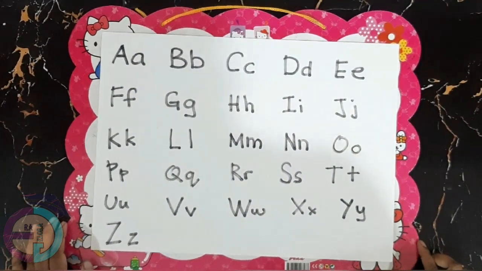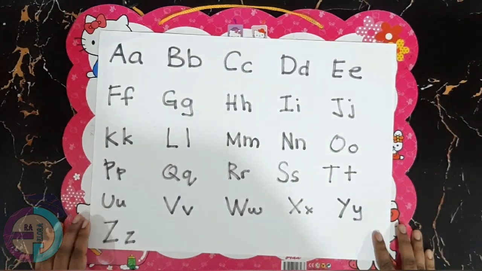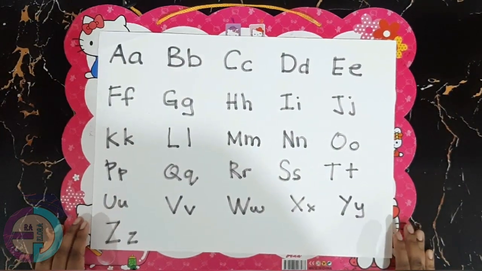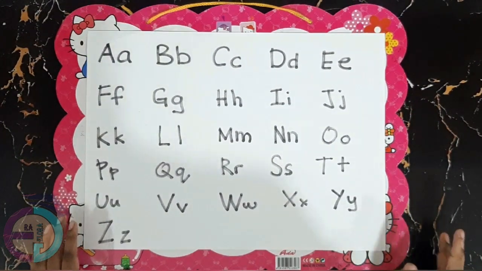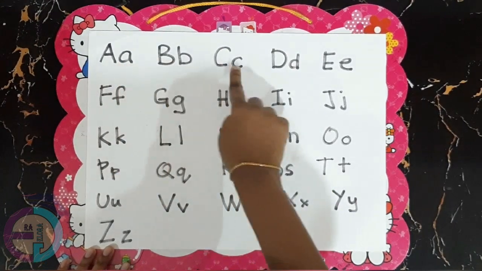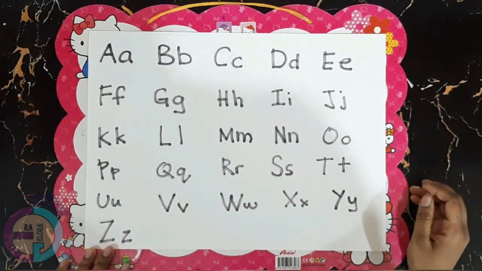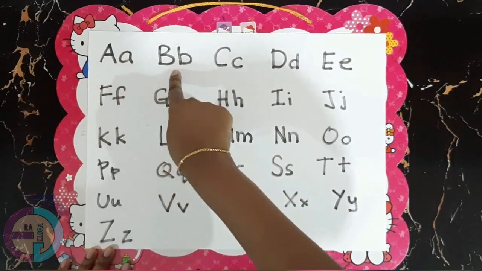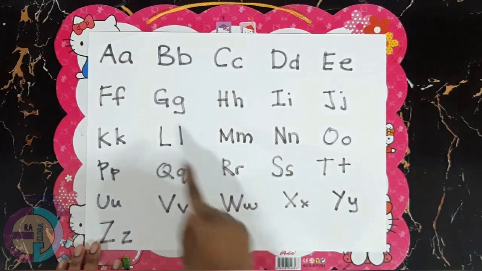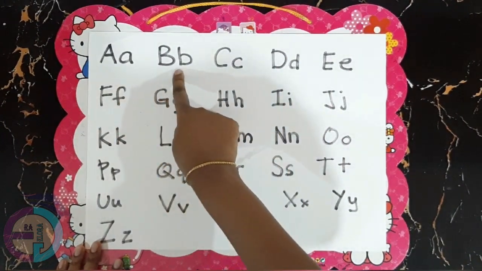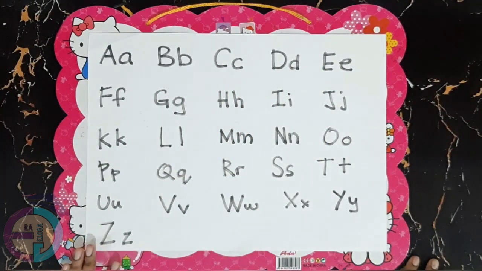Hi friends, as I mentioned earlier, first step in teaching our child phonics will be introducing the name of each alphabet to our child. So we can read out the name of each alphabet to our child, encourage them to follow after us and use their fingers to point at each alphabet as they read out the names. A, B, C, D, and so on.